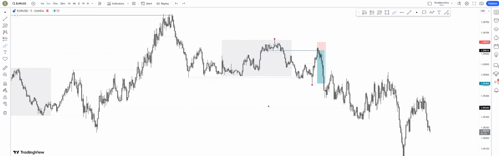If you feel confident by holding it more, let's say to the internal range liquidity of the higher time frame range or to the external range liquidity, that would be very risky. But again, it can reward you a lot. If you want to be as mechanical as possible, exit always at your external range liquidity.